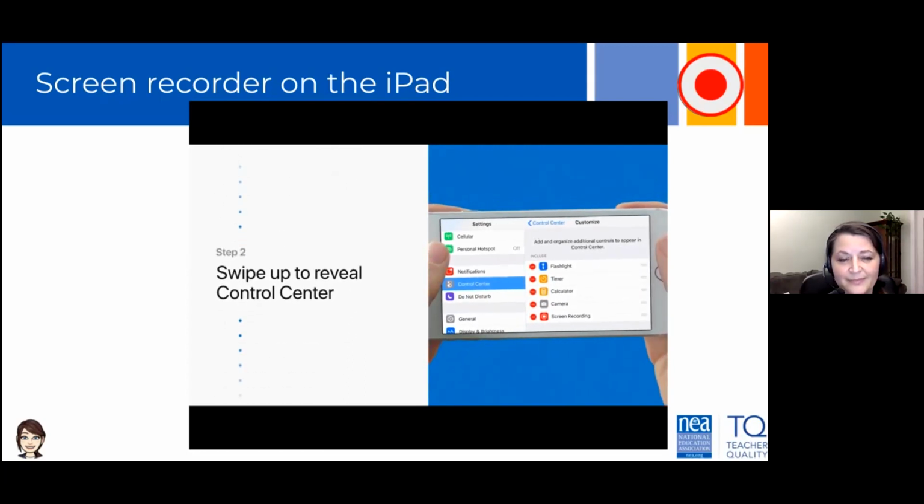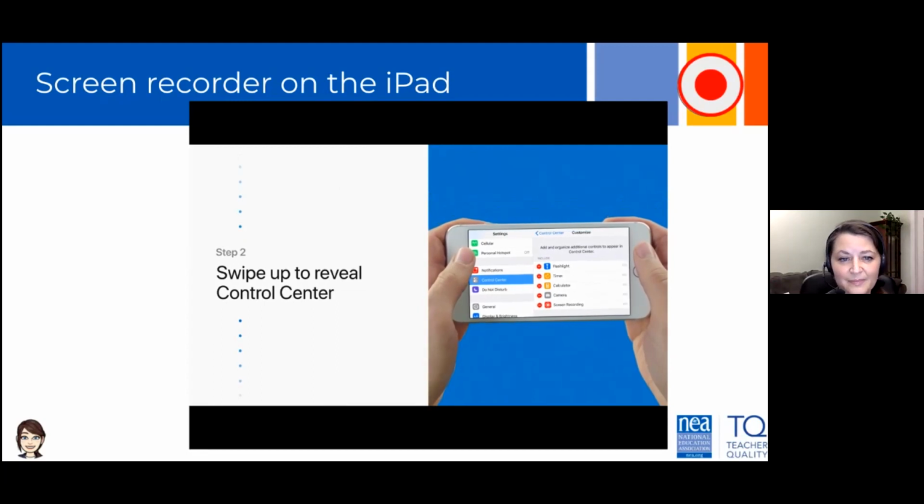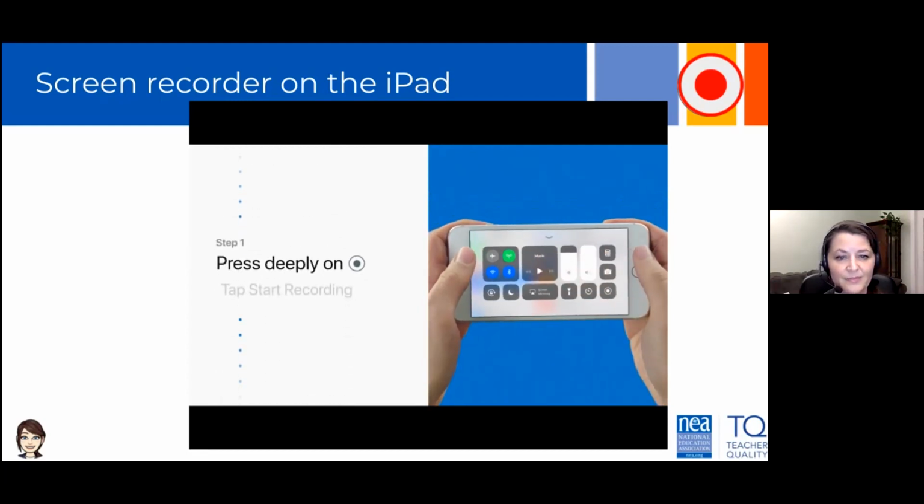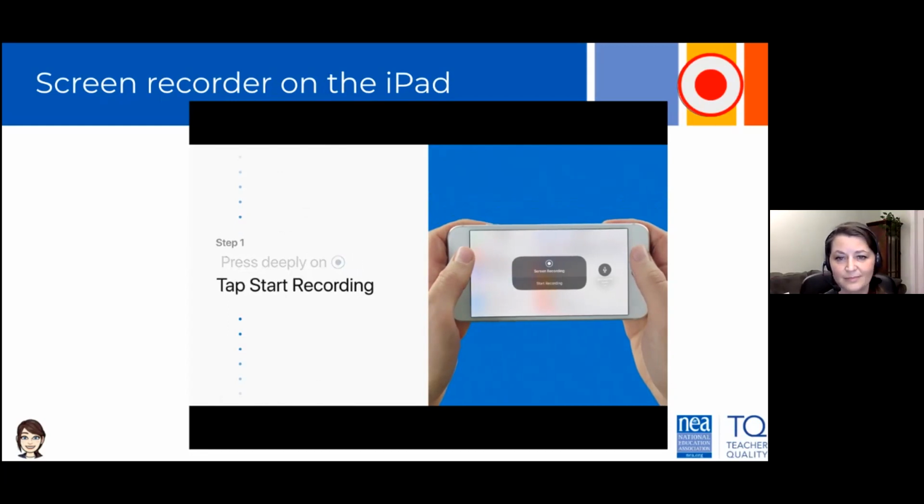Now, swipe up from the bottom of your screen to find the screen recording control in Control Center. And when you're ready to record, you can tap or press deeply on the screen recording control. When you press deeply, you'll have the option to turn on your microphone. You may also see the option to broadcast through a third-party app. When you've made your selections, tap Start Recording.